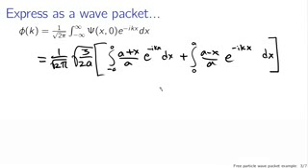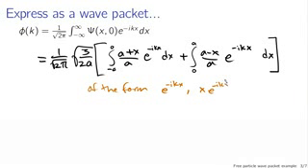These integrals are not as difficult as they might seem, because they're all of the form either e to the minus ikx or x e to the minus ikx. This can just be directly integrated. This is a candidate for integration by parts. So those would be the techniques that we would use,